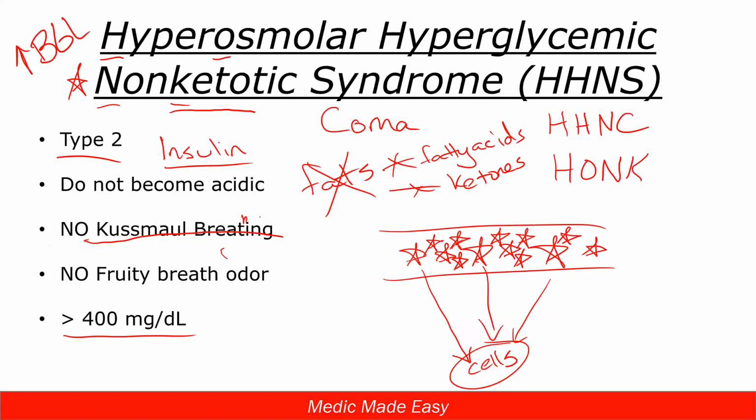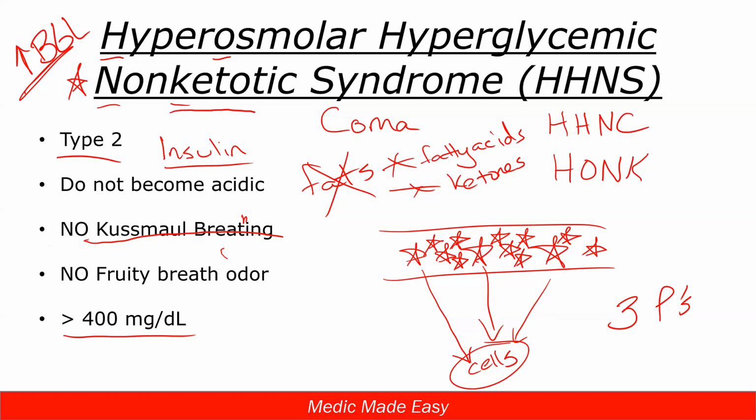So it's a little bit less readily identifiable because you don't get those big outward signs and symptoms like the Kussmaul breathing for DKA. But remember, both of these are high blood sugar, the DKA and the HHNS. So with both of them, you get those 3 Ps: polyuria, polydipsia, and polyphagia. And because we're so dehydrated, that's why we said we get warm and dry skin when our blood sugar is high. Warm and dry, sugar is high. We have dry skin because we're dehydrated, from the polyuria that's making us dehydrated.